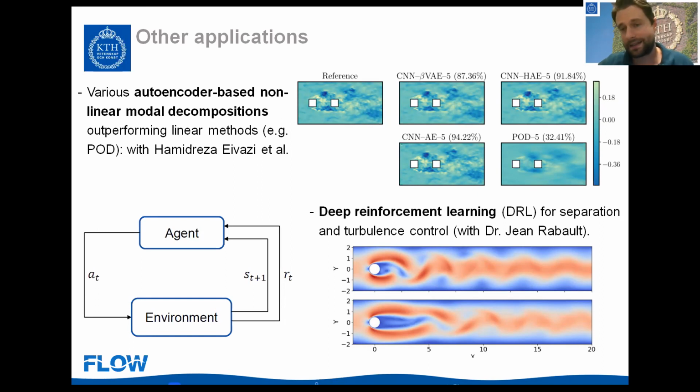larger scales, and it could be probably more suitable or easier to use DRL to tackle that sort of phenomenon for separation control. So we're working both on turbulence control and on separation control in airfoils using reinforcement learning and simulations, basically. Okay, so I think that first part gives a bit of an overview of what we work with,